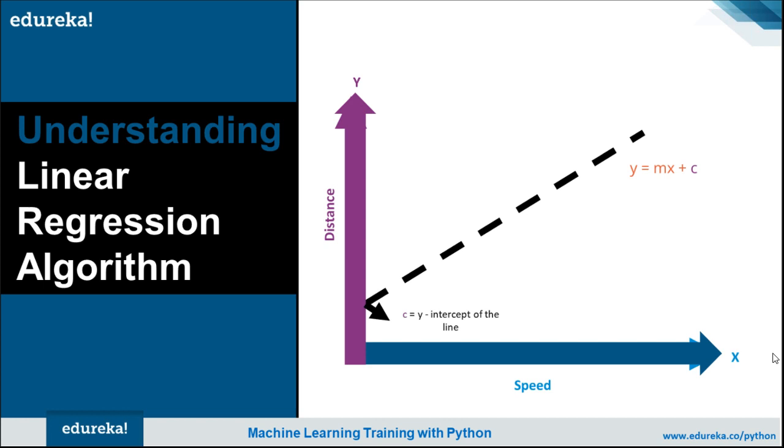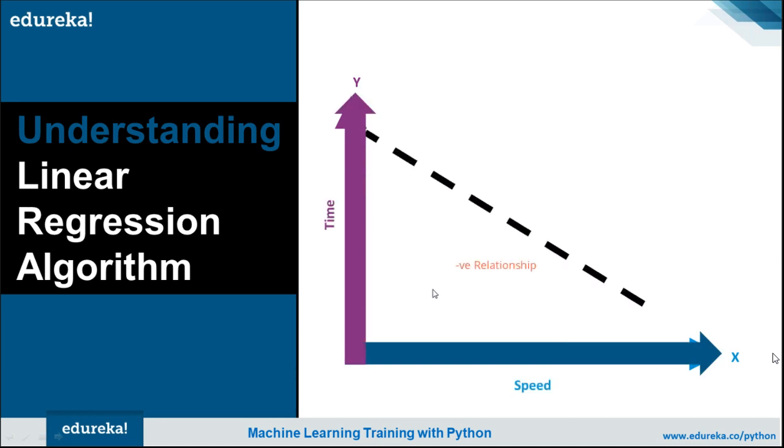In the equation y is equal to mx plus c, c basically tells where this line is cutting or intersecting the y axis, right? So if we have this kind of line, then we will say negative relationship, because as we are increasing the value of x, the y value is decreasing. So we call it a negative relationship,